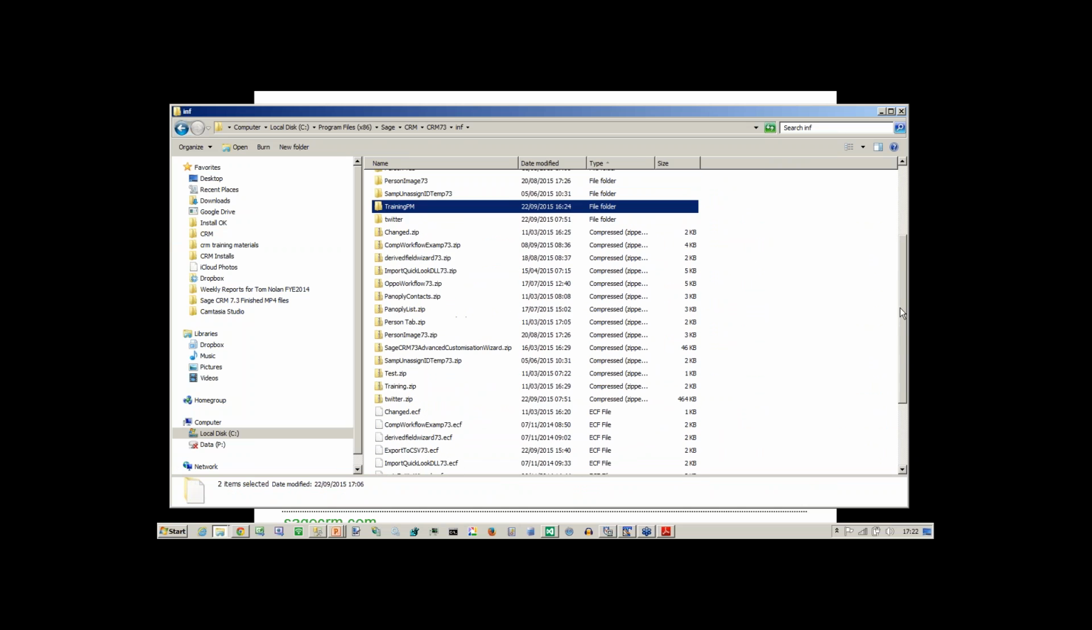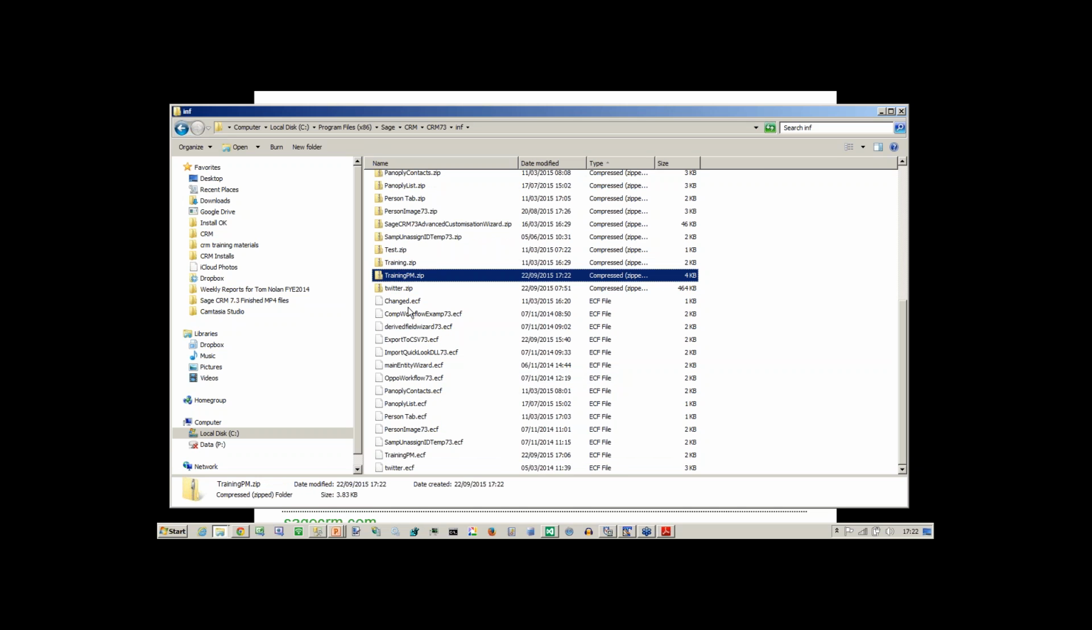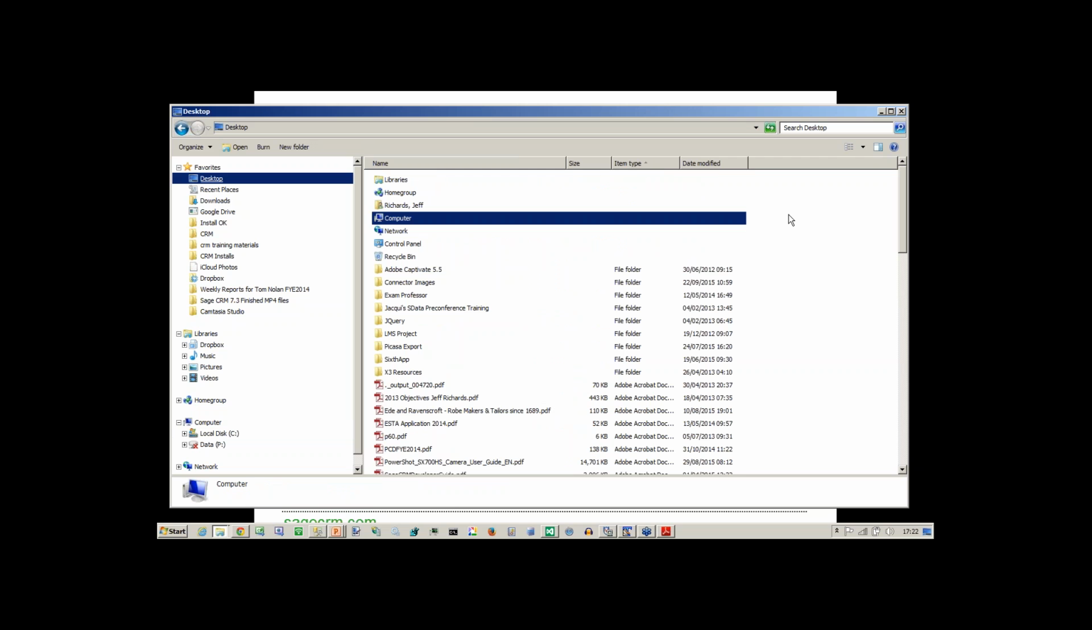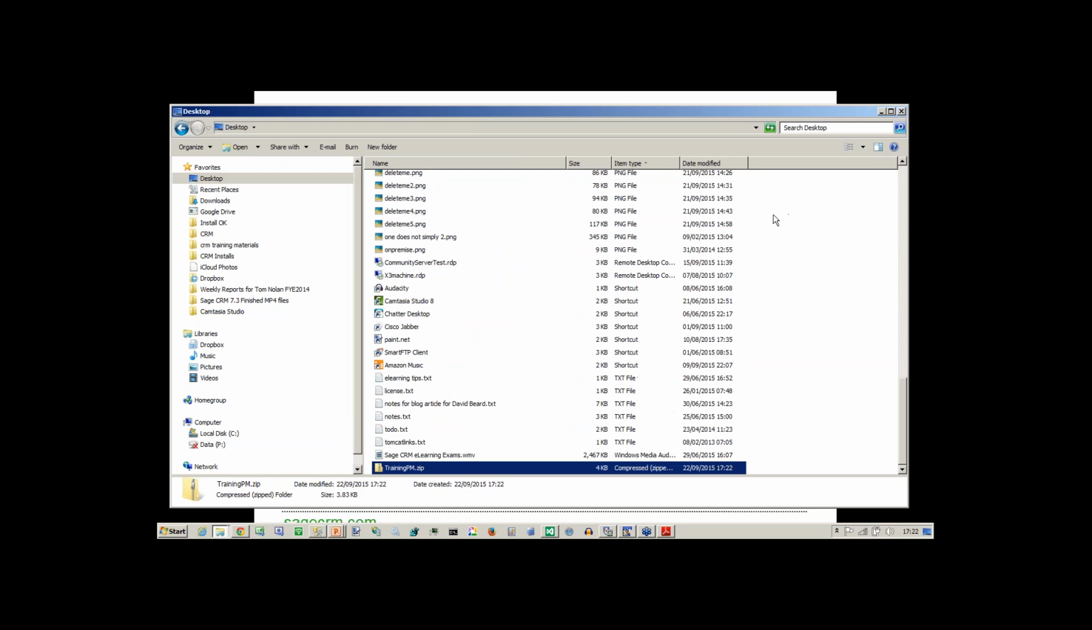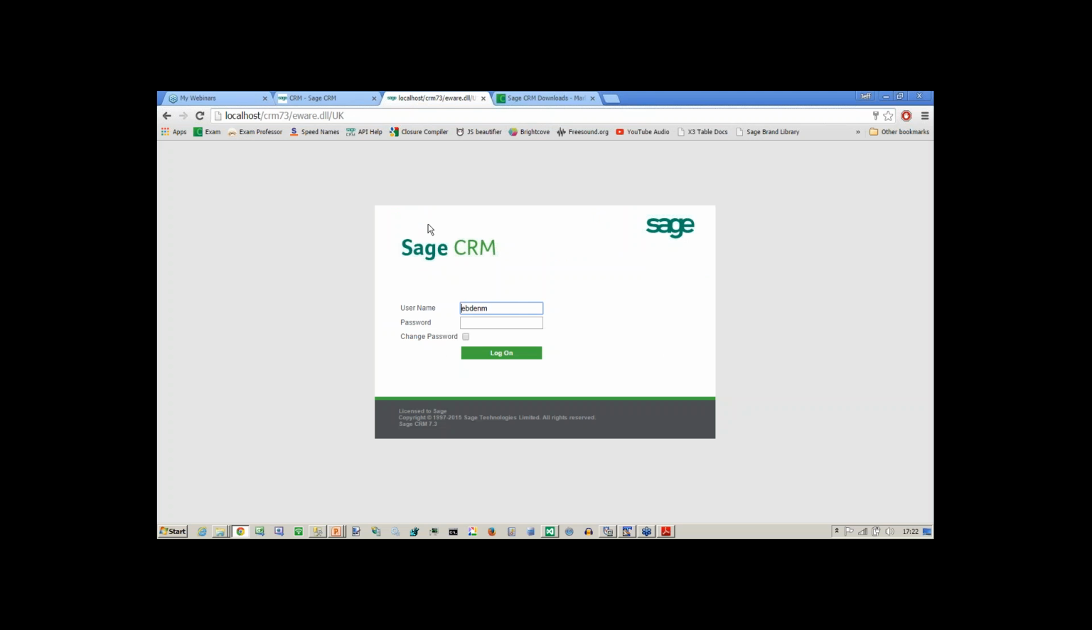If you see that I've selected both of those, I'm going to right mouse click and send to the zip file. So I've just made that a zip file, and I'll copy that up onto my desktop. So I've just copied that file up onto my desktop. So if I go back into my other install of CRM, and this is not my other install, I want to go to now